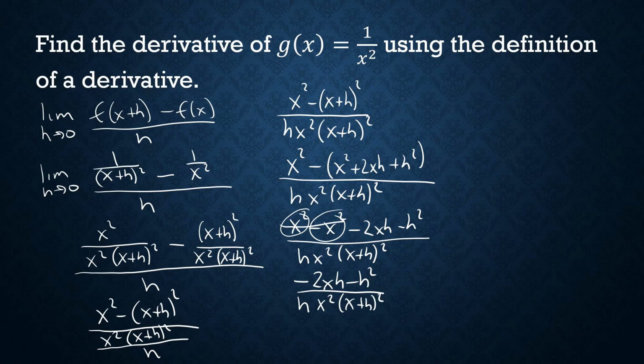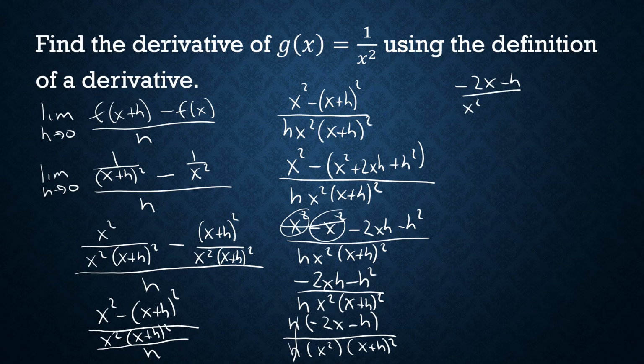So here on the top I can factor out an h, so I have h times (negative 2x minus h), and then h on the bottom, x squared (x plus h) squared, and then these h's can cancel out, leaving me with